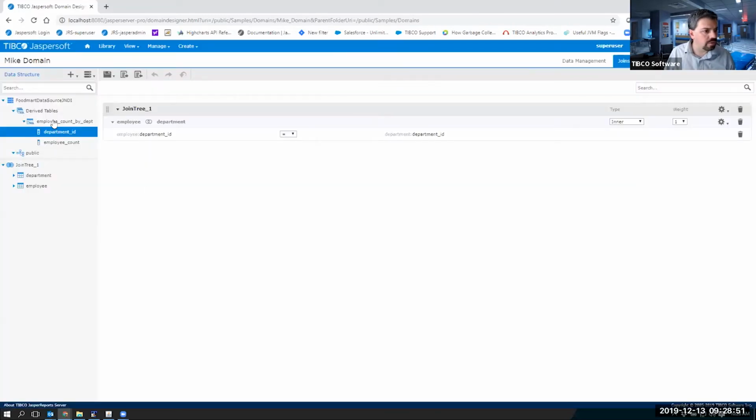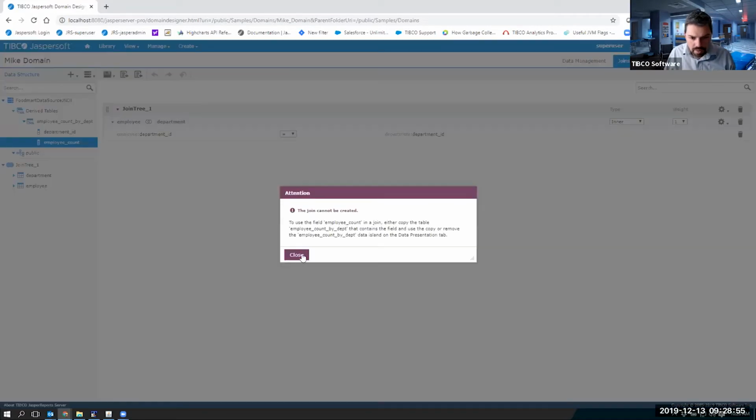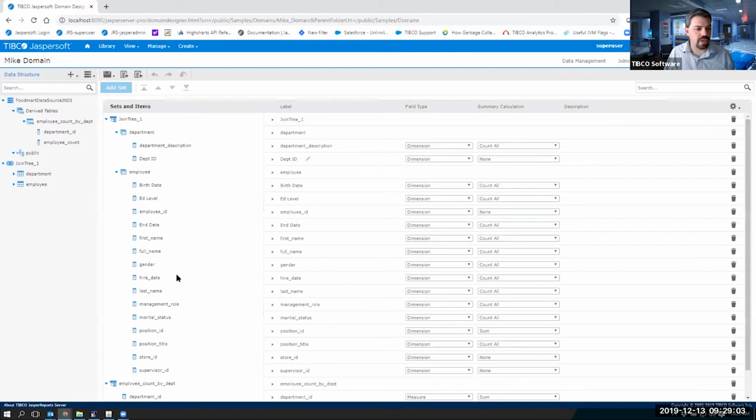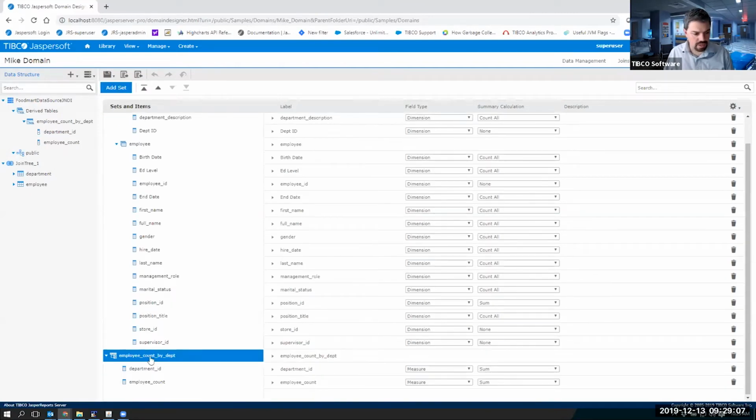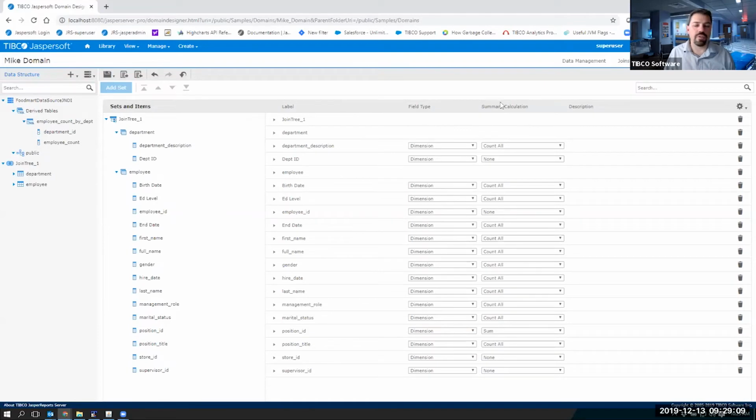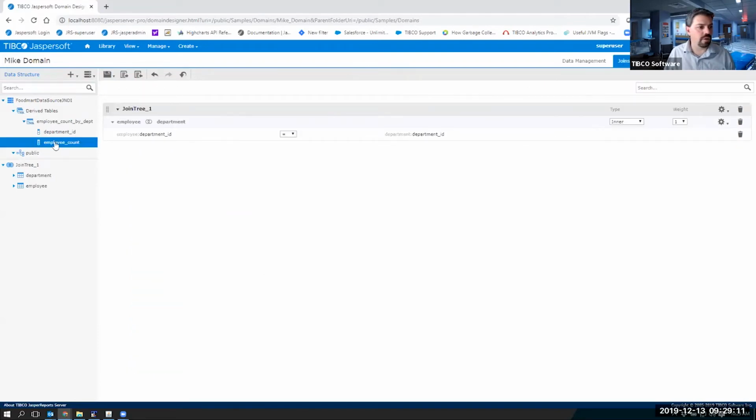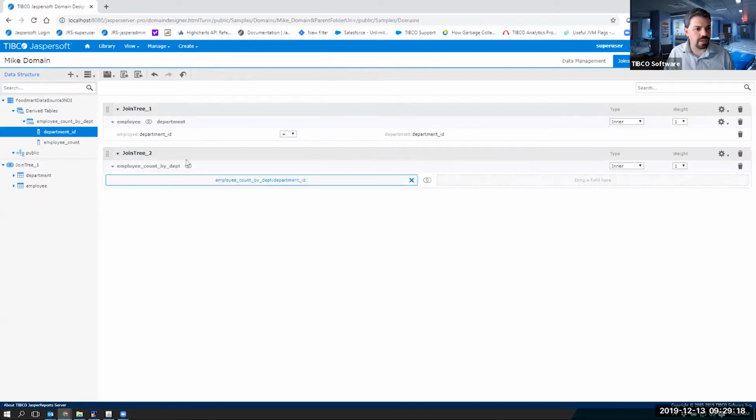What am I doing wrong? Oh, because of the data presentation, because I have this on here. I have to actually remove this first because it'll go part of this join tree before I can add that to there. So now I'm able to add, that's not the one I wanted, the department ID.